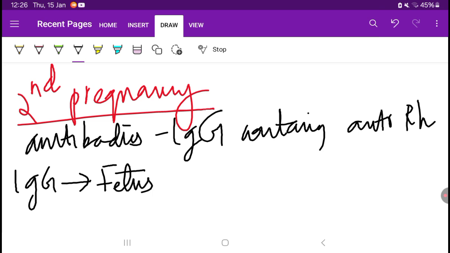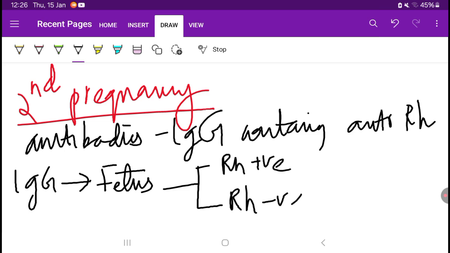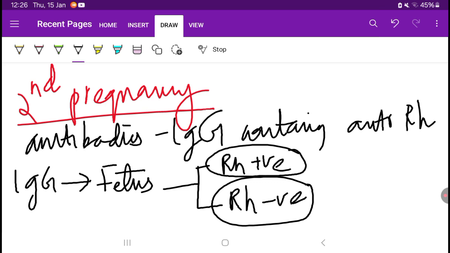Usually there are two conditions: the fetus is Rh positive or Rh negative. If there isn't any Rh antigen present, it is okay. If the fetus, like in the first pregnancy, contains Rh positive antigen,